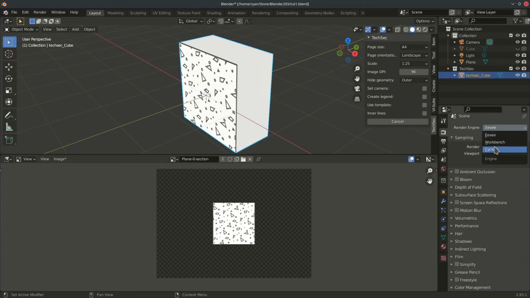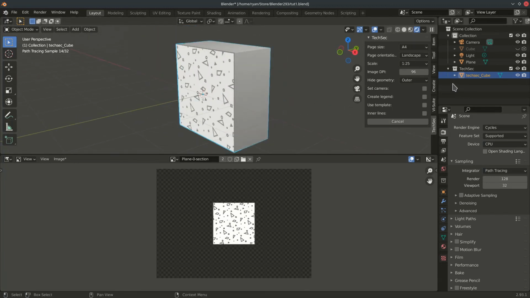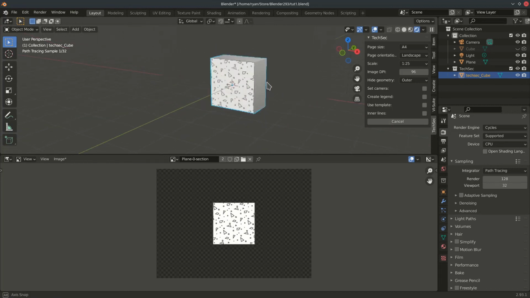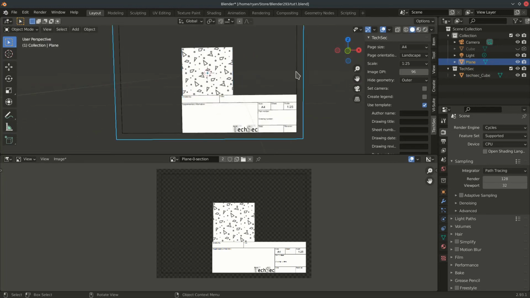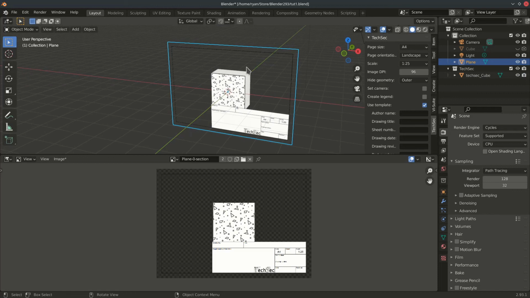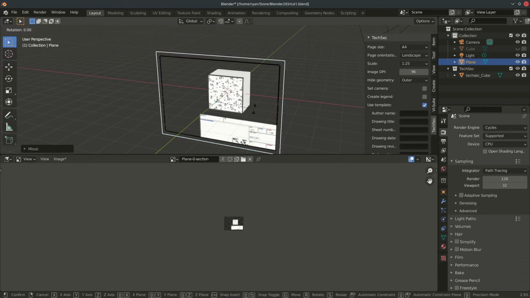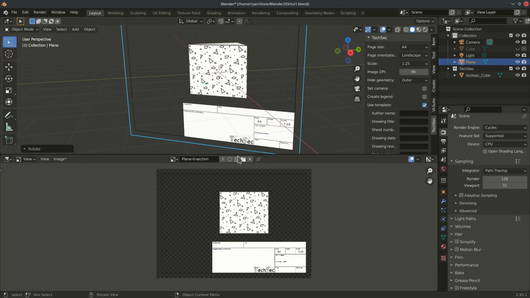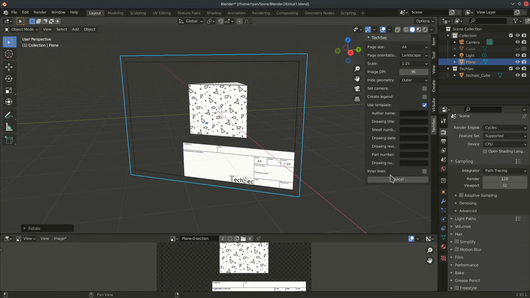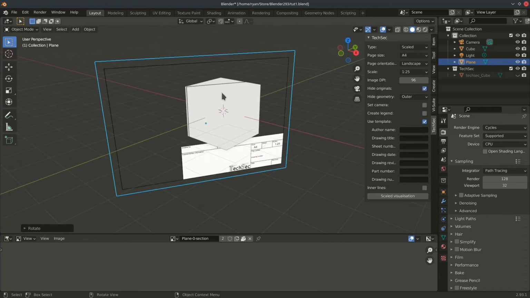If I come over to my cycles rendering engine, then this also appears in cycles. So we can also create templates, and because I've got scaled mode here, this mode is interactive, so I can move my plane around, I can rotate it if I wish. So this is a fully interactive mode, and we can tell that we're in this interactive mode because there's a cancel button down here. So I am going to cancel, come out of that mode,